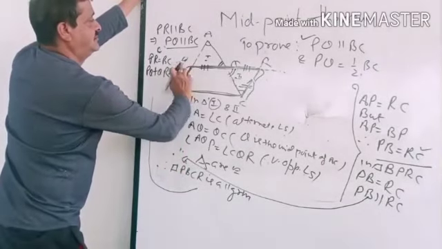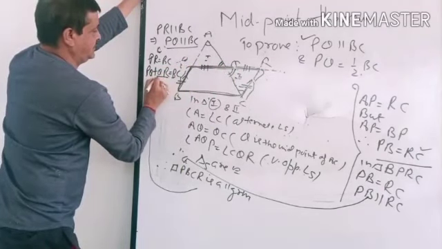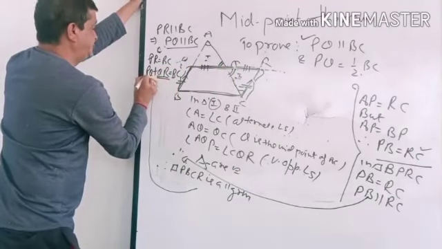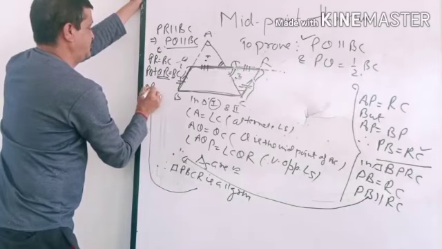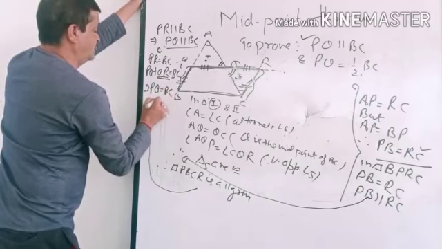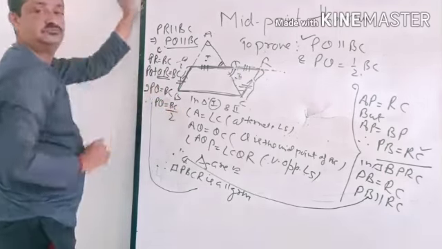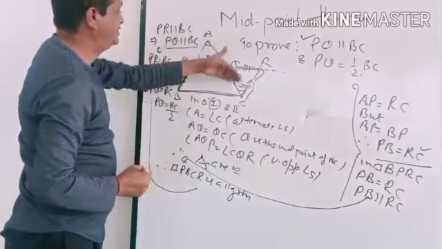Means QR can be replaced by PQ. So this QR can be replaced by PQ. PQ plus PQ, that is 2 times PQ. 2 times PQ is equal to BC. Therefore, PQ is equal to BC by 2. Right? So with the help of this